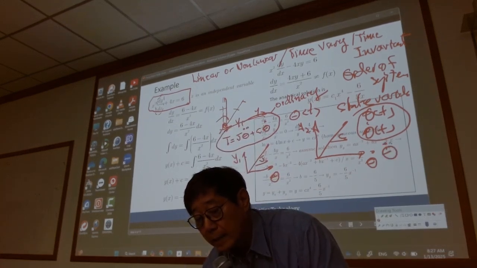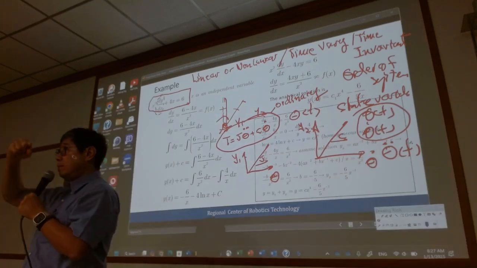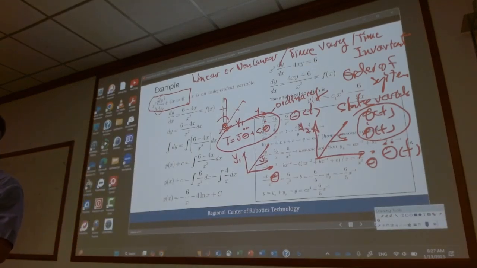As time moves, theta changes, theta dot changes, right? According to t, right? T is independent, t keeps changing. Theta and theta dot change along with t, right? But if we are talking about state variables,